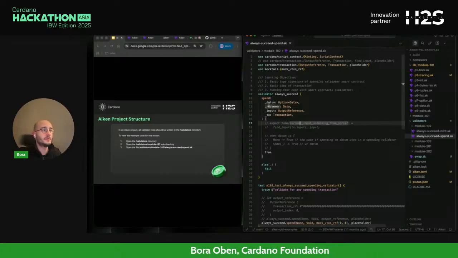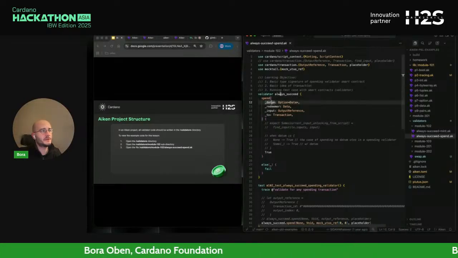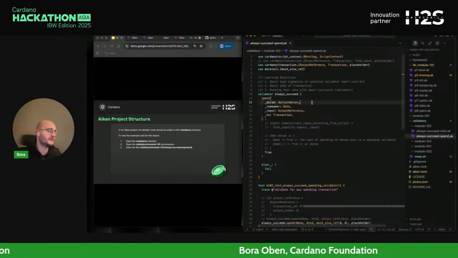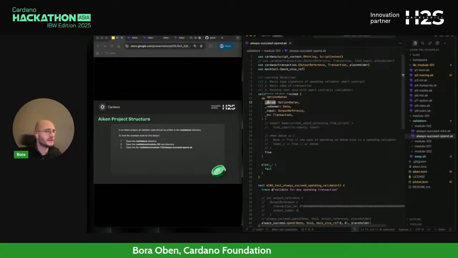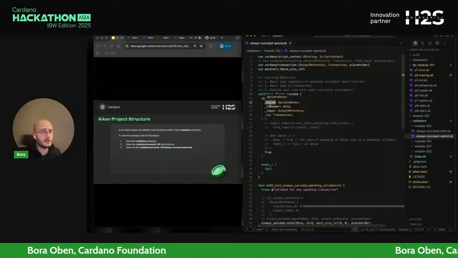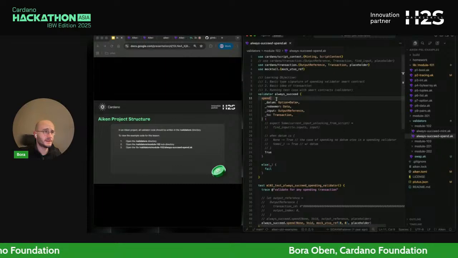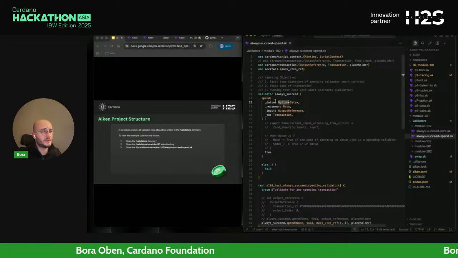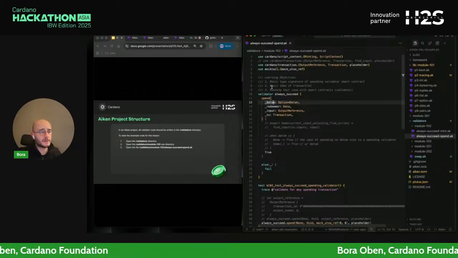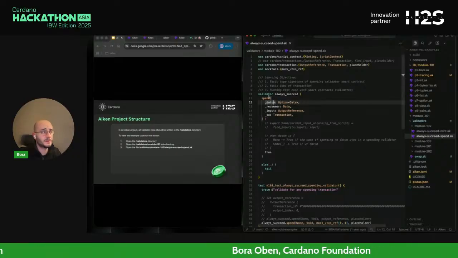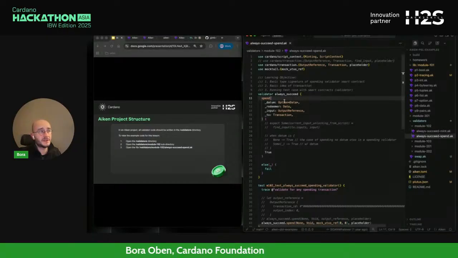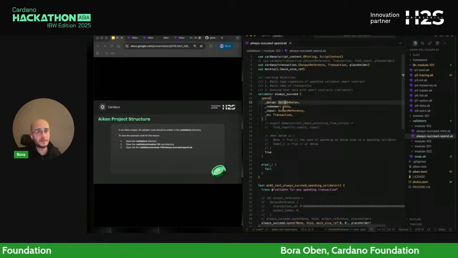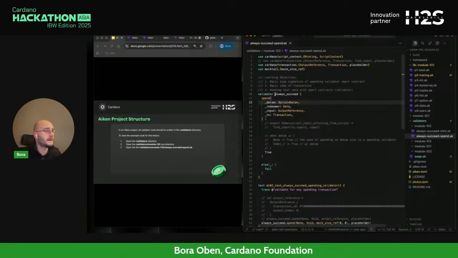Maybe it's important to talk about what these are if they are not clear. In the most basic sense, a datum is some arbitrary data that you can optionally attach to UTXOs. The reason why you see option here in the data type is because it's not obligatory for a datum to be present together with a UTXO. It can be there, or it might not be there, and this is an optional case. So it's either a some type or a none type. We'll take a look at those.